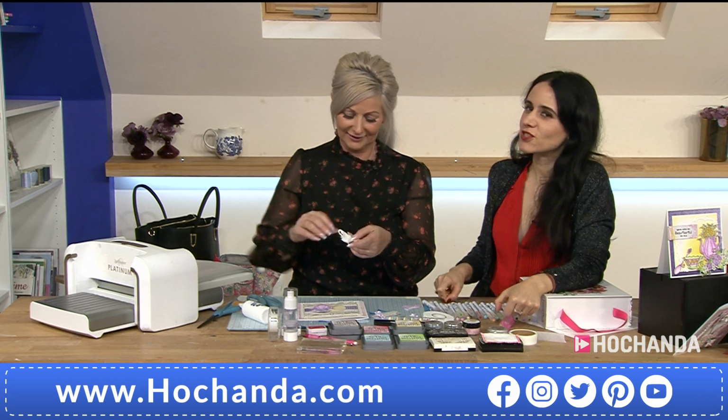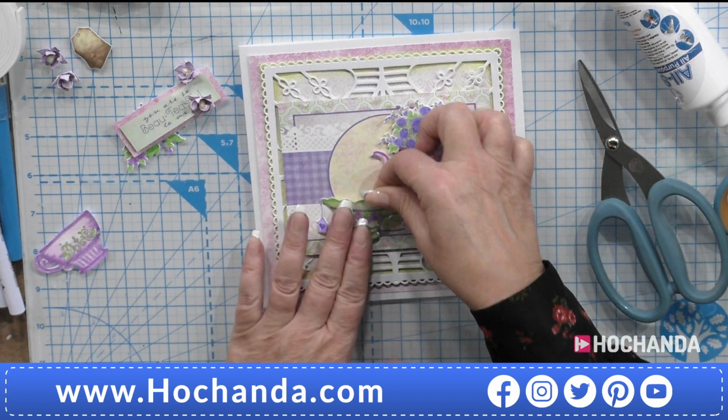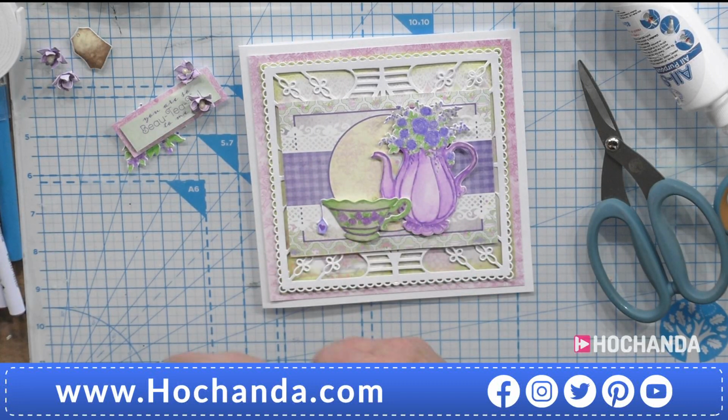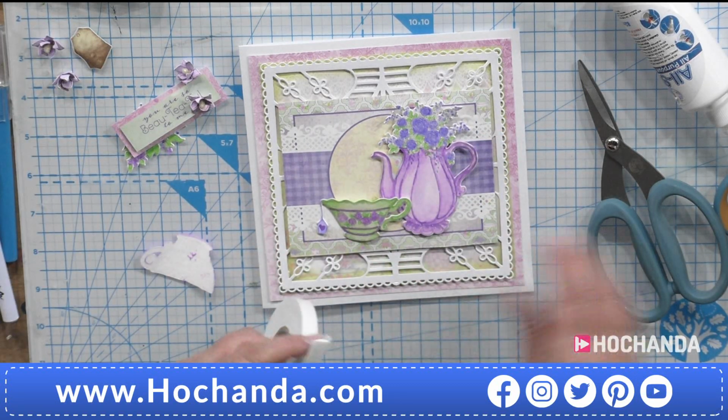So she had a baby shower, and it was a tea party. She loves her tea as well. So, again, not laying that down flat, adding some dimensions. So I've got the green there, and then I'm going to...